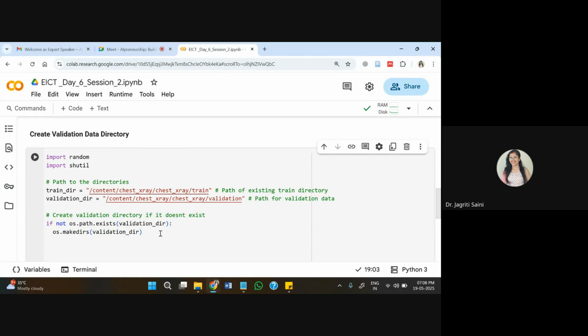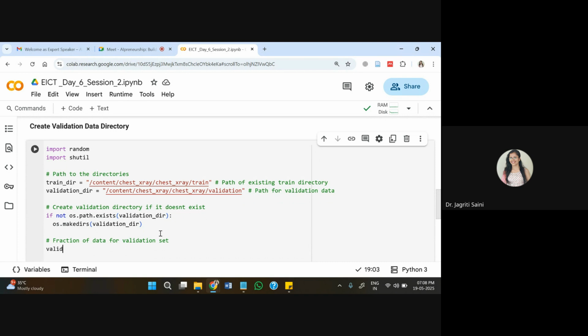After this, we also need to identify what fraction of data we will move to validation directory. As I told you that from training directory only, some portion will switch to validation directory. So for this fraction of data, we need to decide. So we'll write here validation set fraction.